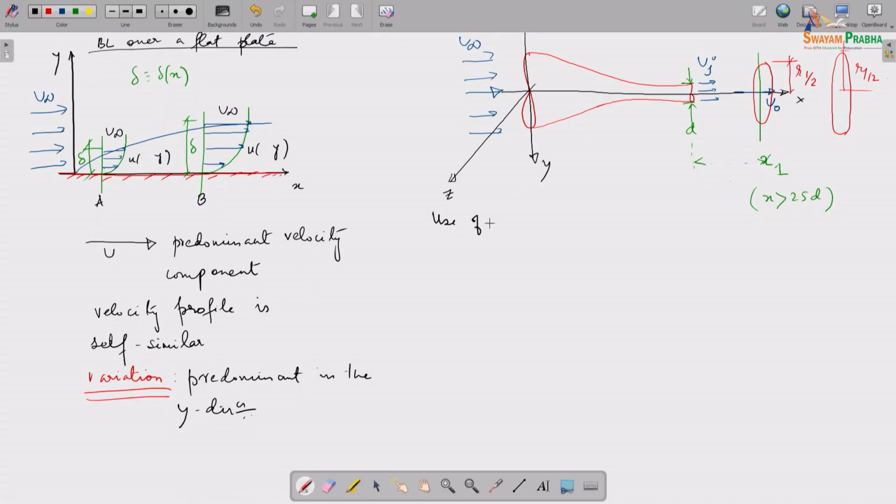So we use the boundary layer equations instead of the full Navier-Stokes equations, based on what we just discussed elaborately. So it is statistically 2D,